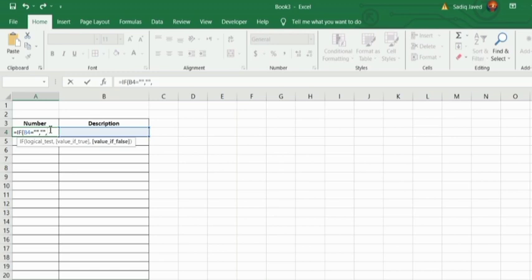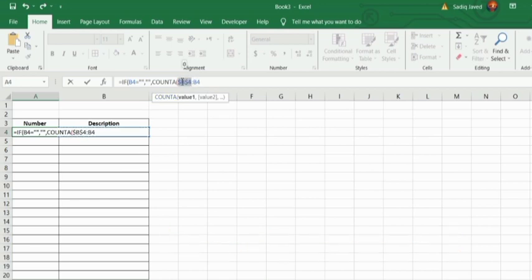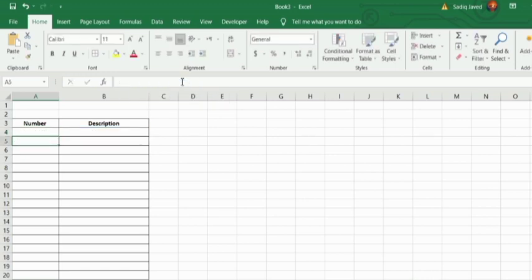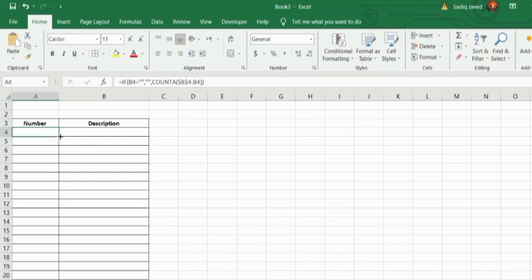So we use the formula like this. We use the formula IF along with COUNTA, and once you provide the cell, you have to provide the cell where you want to write a text. So, and one of the cells you have to freeze like this. You press F4 and freeze it. Once you are done, copy down the formula till the end of the table,